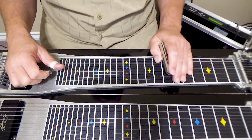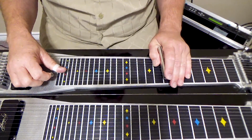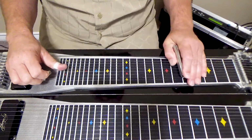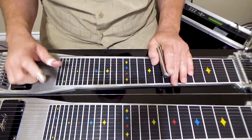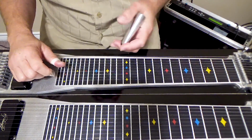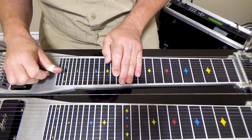Then it goes back to C. You play the same exact progression out of C. That time you do it one time. Now it's going to go to 4 beats of G. And the way I did that was,